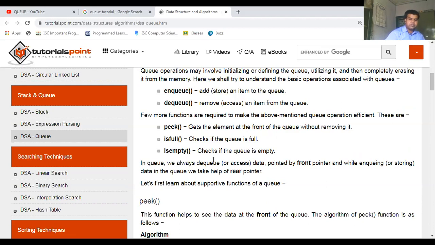Okay, the peek function says that if you want to traverse any data inside the queue without removing it, okay, traversing of the data means visiting the data inside a bunch or collection of data. So that is what you call the peek method.